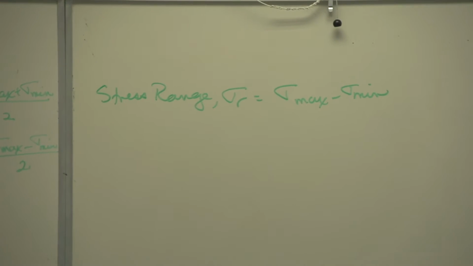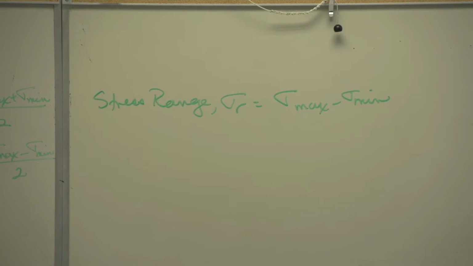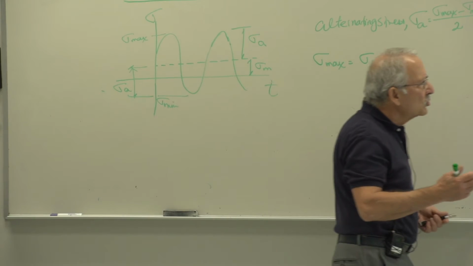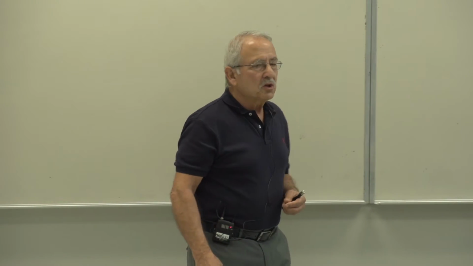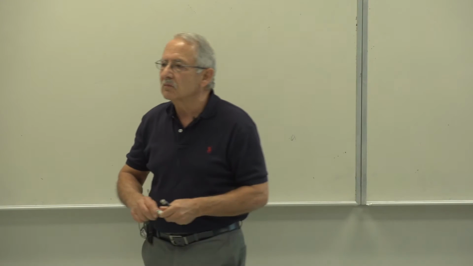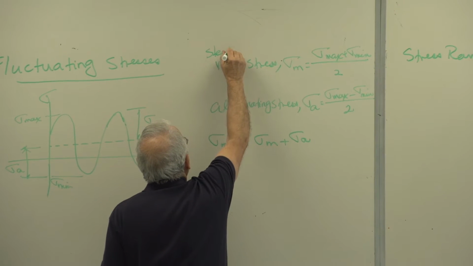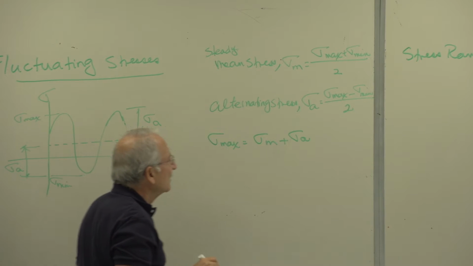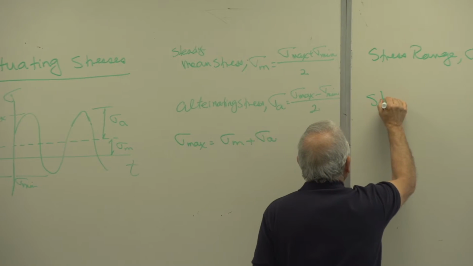There is also another stress which is not shown here. We don't see this too often, but there are instances in which we see it, which is called the static stress. Mean stress, by the way, your book also calls it steady. I like the word mean much better. Static stress